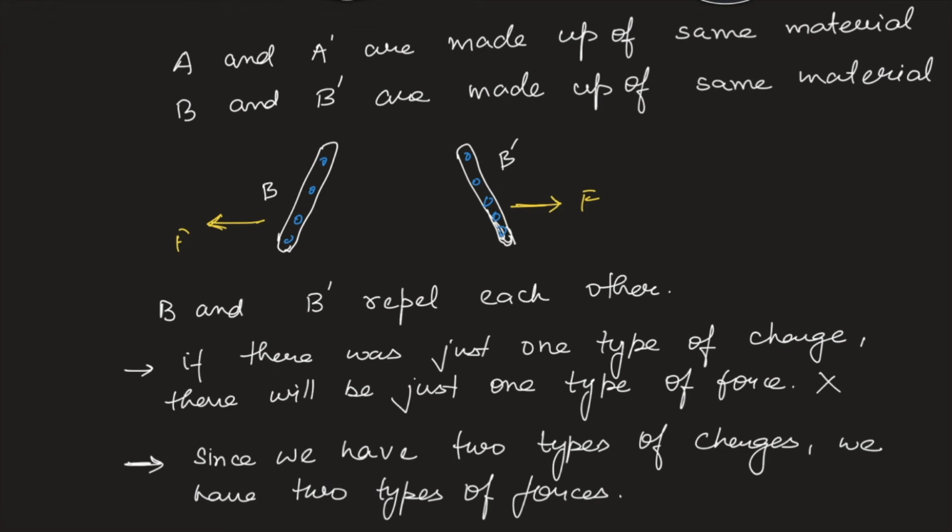Now there is something else that we come to know about the properties of charges, and that is that like charges repel each other. So whenever we have, let's say, a large amount of red charges in A and a small amount of blue charges,